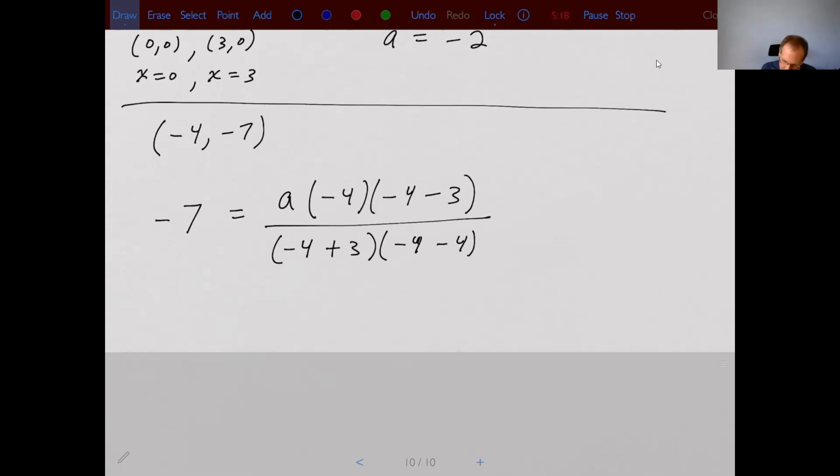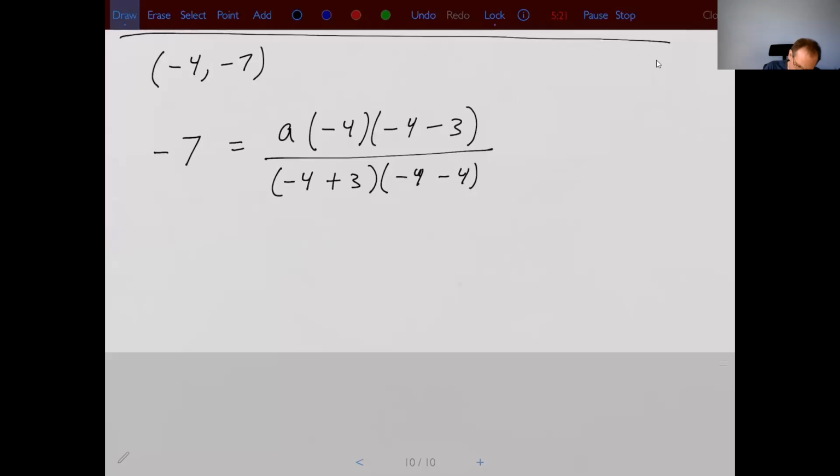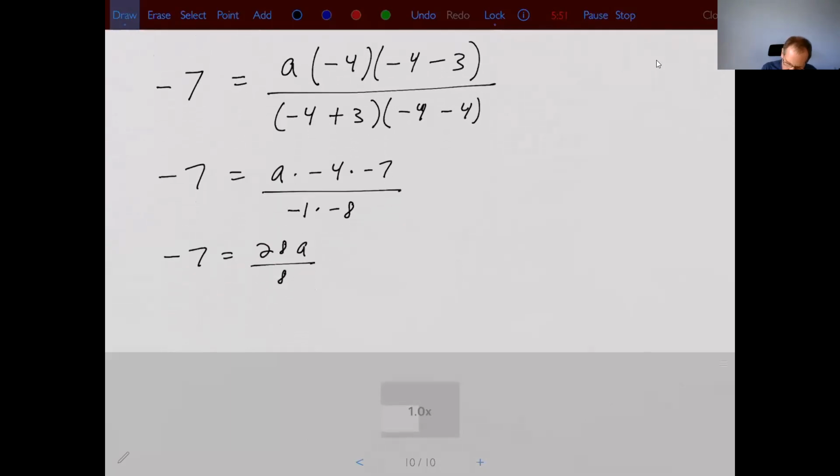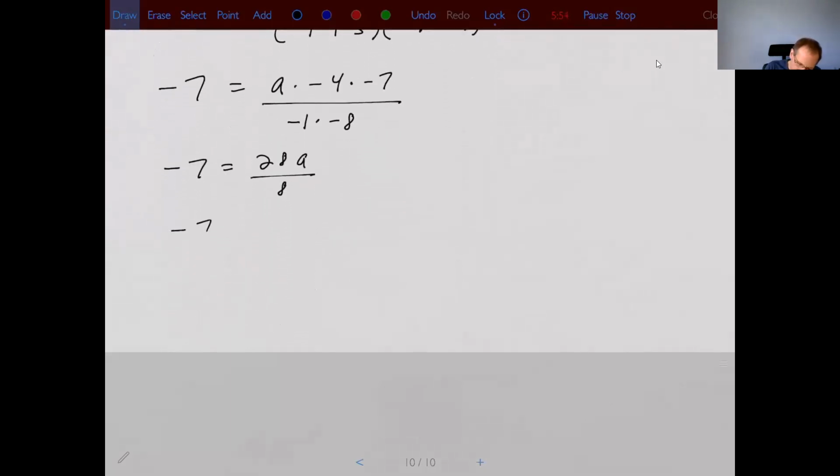Okay, so a little bit of work to do here. So -7 is equal to a times -4 times what? Well, -4 minus 3 is -7. And then -4 plus 3 is -1, times -4 minus 4 is -8. So I guess this is positive 28a over 8. But then 28 over 8, I can simplify, it looks like 4 goes into both, so 7 halves